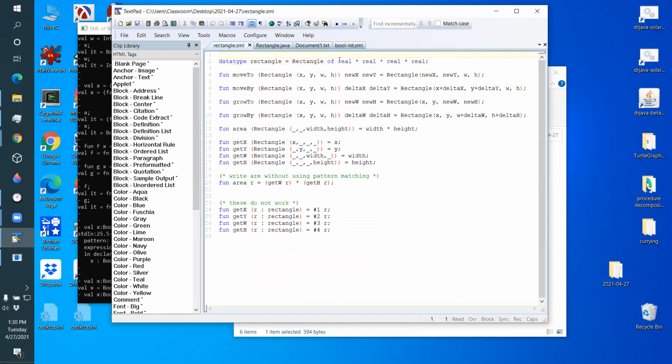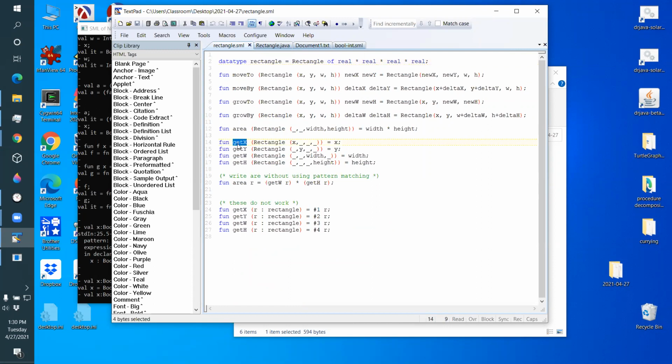I'm just saying, okay, there's a number here, a number here, and a number here, and a number here. And I will keep track of them myself. I'll think of this as X, Y, width, and height. This is not great because I'm not giving any names for them, but I do things like, here's a